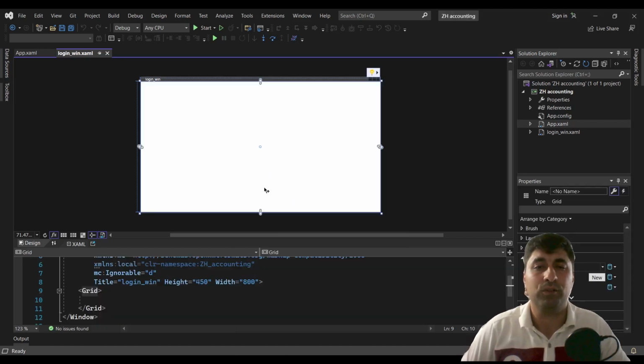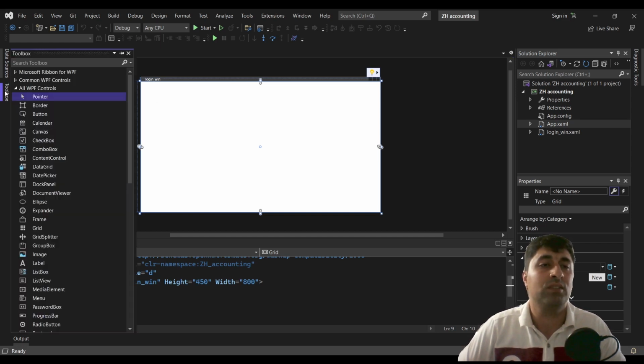As I told you before, every object has its own properties. Such as a door is an object. Height of that door is a property for the door. Also, color of the door is a property for that object. Here in WPF, every window is an object, and this window has its own properties. As you see, all other objects here, we can call a button an object, checkboxes, everything is an object and they have